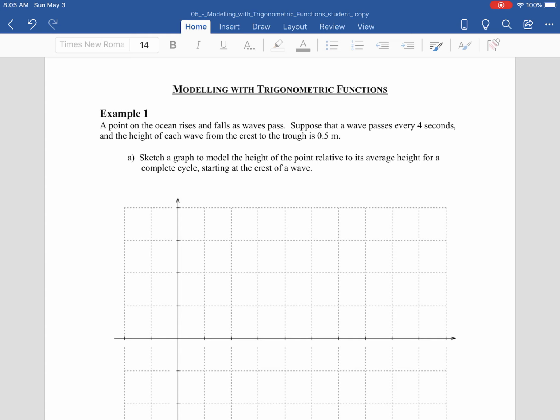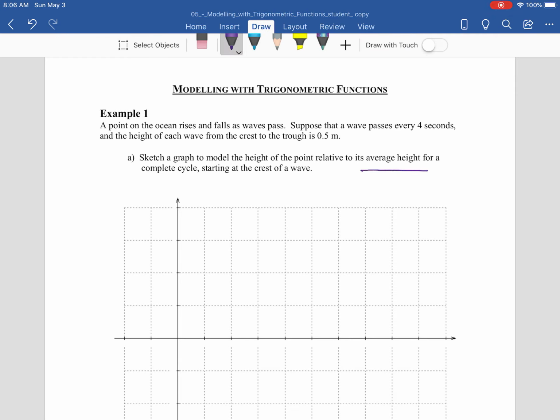A few notes here about what's going on. It says relative to the average height, which matters because the ocean is very, very deep, and so we wouldn't want to try to graph the height of the ocean. So what we're going to do is graph this relative to its average height, which is sort of relative to the middle. What that means is this duck is only going